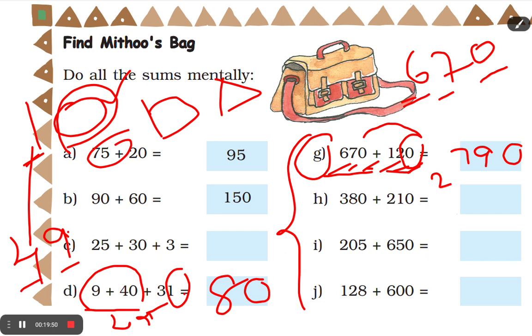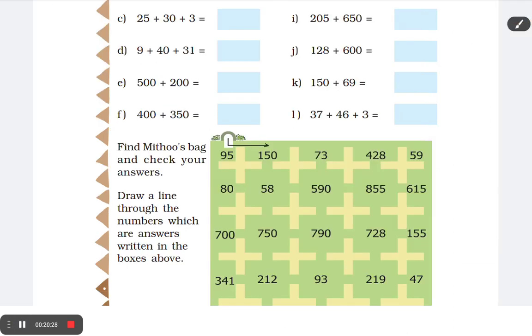Yes, you need to practice. Suppose while adding, you got 2 digits. Whenever you get two digits, write the single digit in that particular place and carry forward the next digit to the next place. You have to do it that way. Is it clear, children? Now all of you do all these problems A to J in your classwork. Write neatly. Practice, and not only this, you can make some more problems on your own and add them also. After finding all these numbers, some instructions are given for us.